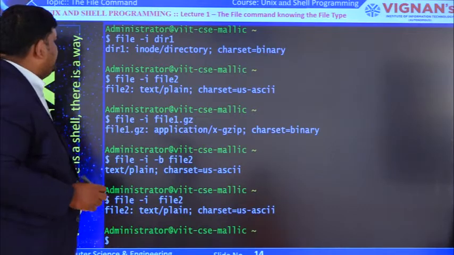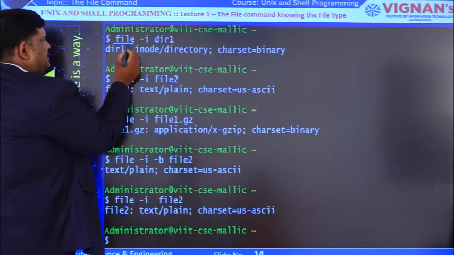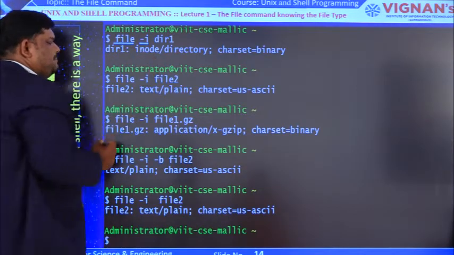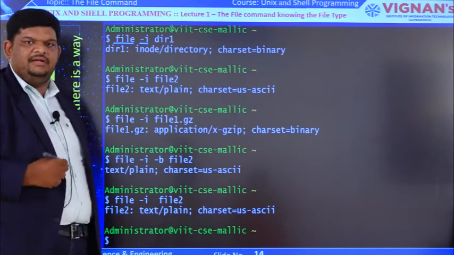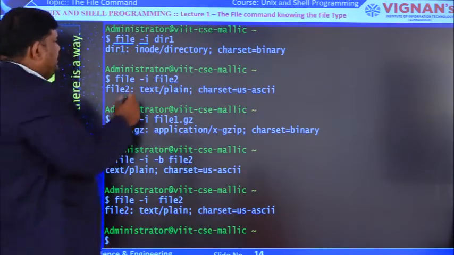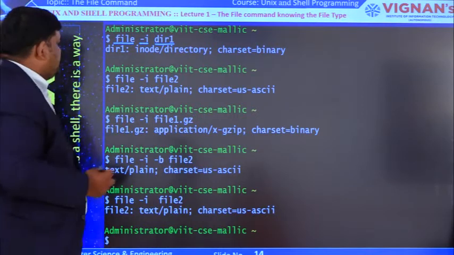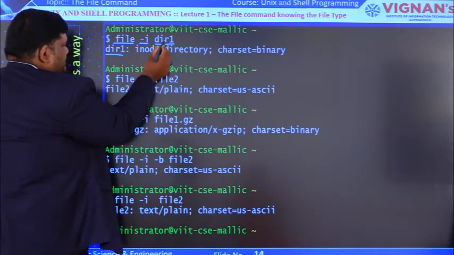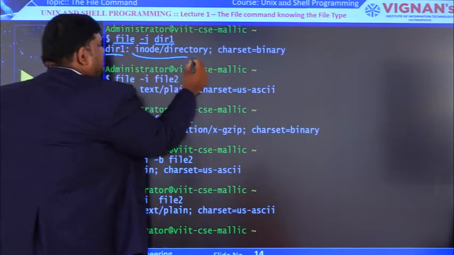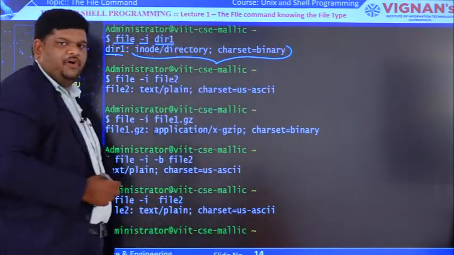Let us check an example. File command option I, that means MIME format, or the internet standard we are expecting, and DAR1, some file name we are passing. So the output is DAR1, this file name, and this entire thing is in MIME format.